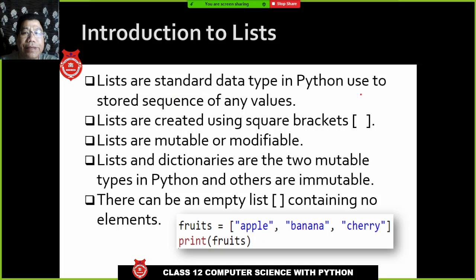Lists are standard data type in Python. It is used to store sequence of any values. Any values means the values may be character, the values may be numbers, it may be a mix of values. Okay, lists are created using square bracket. We have to understand this. Strings are without any brackets. They can be created using single quote as well as double quote, but lists can be created using this square